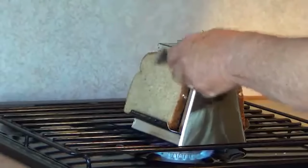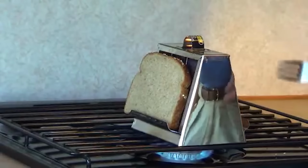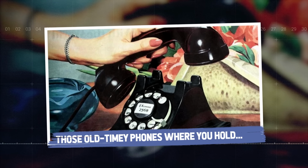It goes very quickly. I suggest you use a pair of tongs or a fork to move your bread around. Those old-timey phones where you hold...